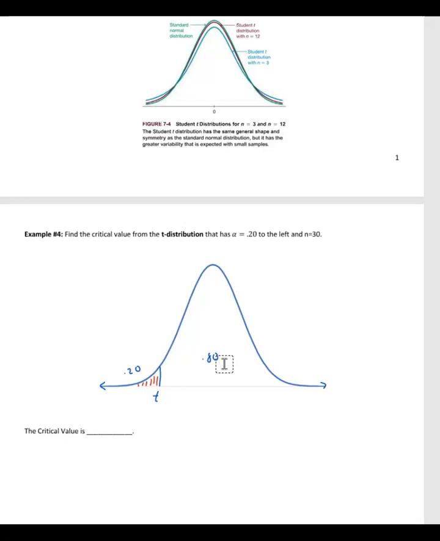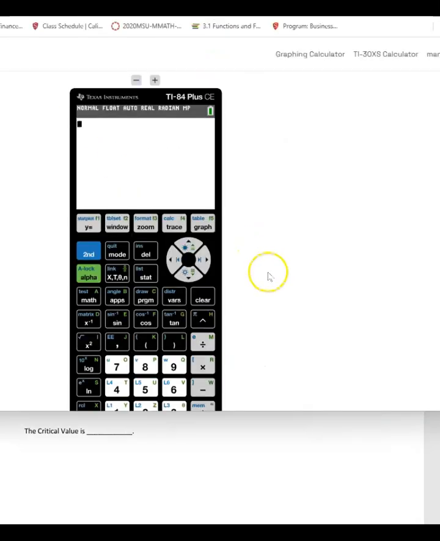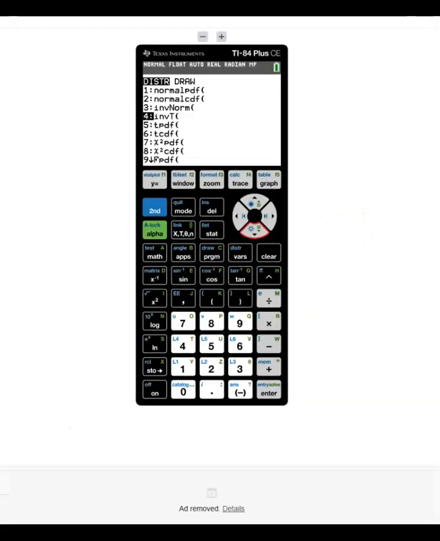Now let me move to the emulator so I can run the code and show you how we run this specific type of problem on the calculator. Okay, the proper code is going to be here. We're going to do second and then distribution, and then we're looking for inverse t. And give me a minute so I can actually run the whole command. Okay, and then this specific problem